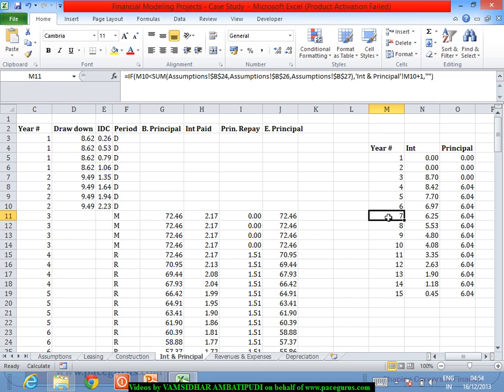Because most of the time in our typical loan payment scenarios, we observe that equal principal repayment is the typical scenario that we come across. And during the moratorium period, no principal repayment will occur. So I don't need to bother about the principal repayment scenario in the moratorium period. So all these things I have to reflect as a part of my model